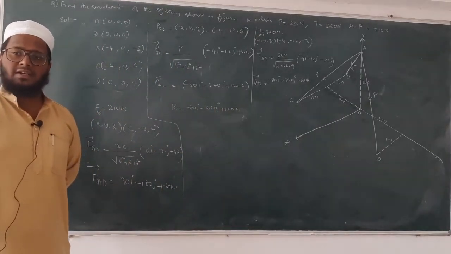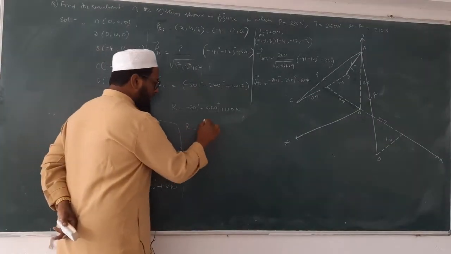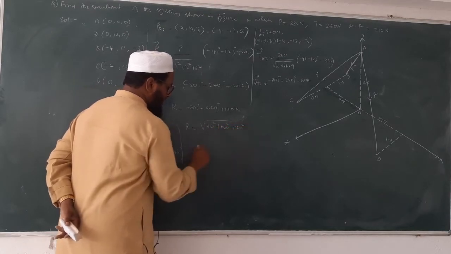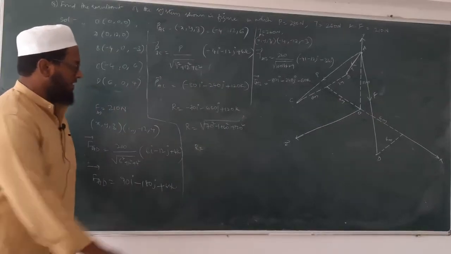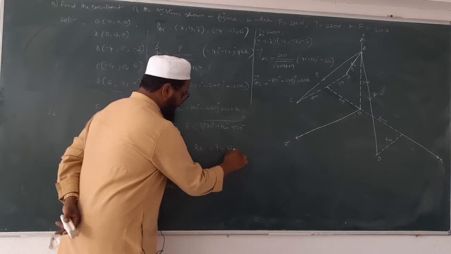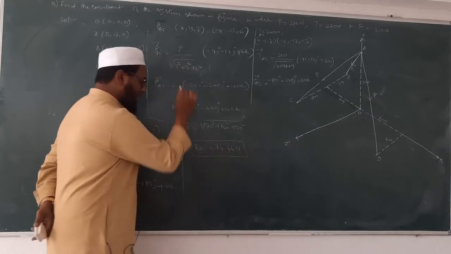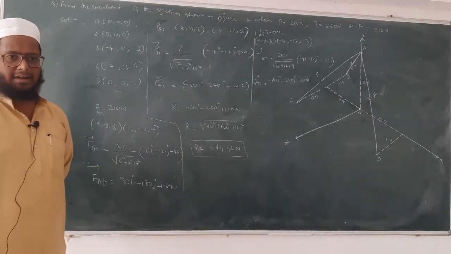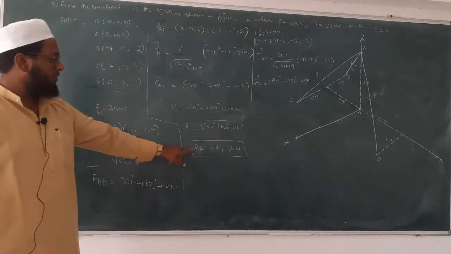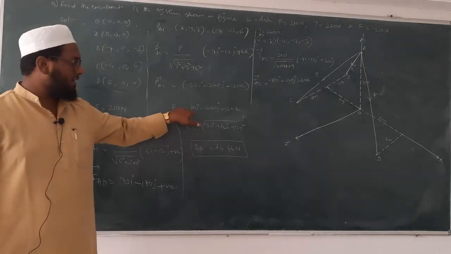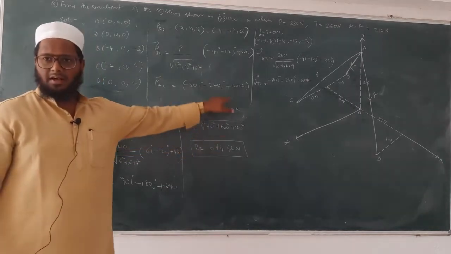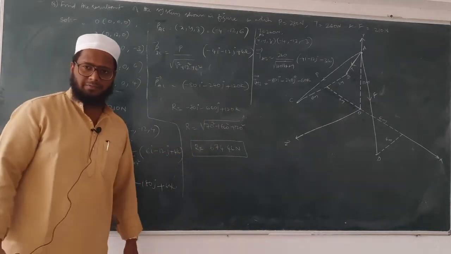Now how to calculate the resultant? R is equal to under root 70 square plus 660 square plus 120 square. You will get the value of the resultant. This is 660, right? This is the resultant. Understood? Now if they ask you to calculate the angle made by the resultant, cos theta x is equal to Rx by R. Similarly Ry by R. All these things we have to do. Understood? Copy down.